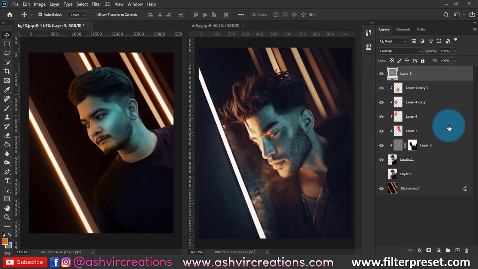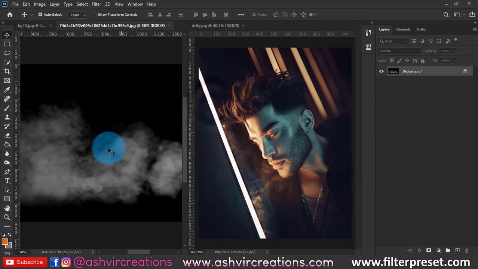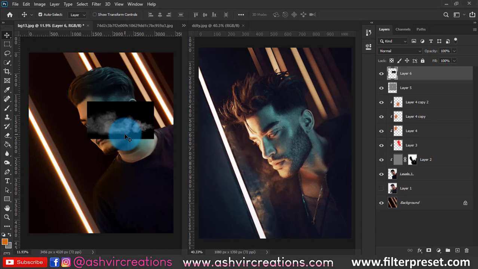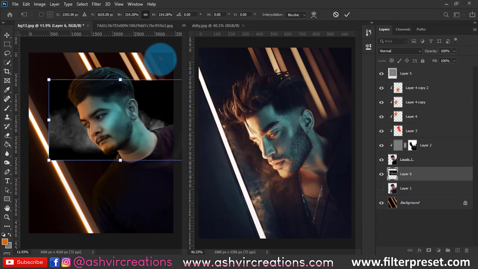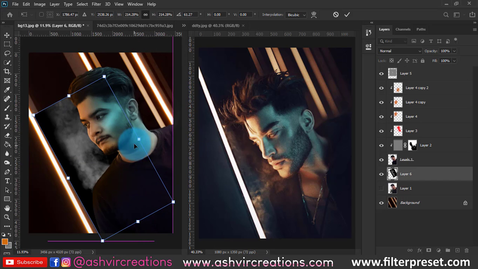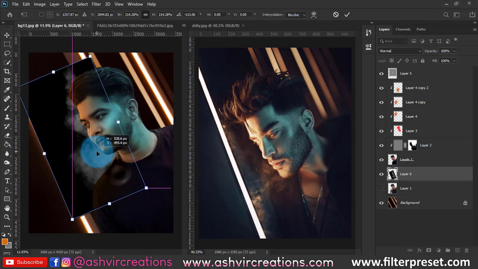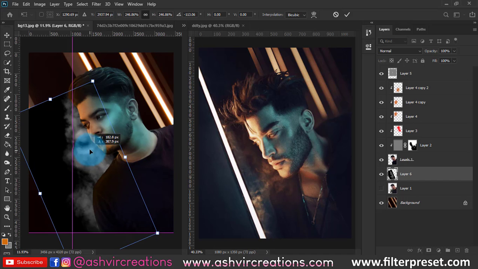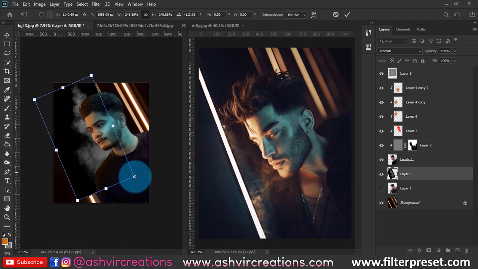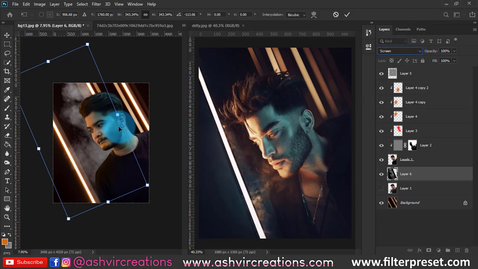Now what else we're gonna do is add a smoke to the photo, right? So select the smoke, just drag and drop over here. We're gonna just place this on the bottom of the image before the background. Now let's press Ctrl T from the keyboard and enlarge it, and we can just place this somewhere over here. As you can see, the smoke and everything is present. So we're gonna just place this smoke over here, change the blending mode to screen,